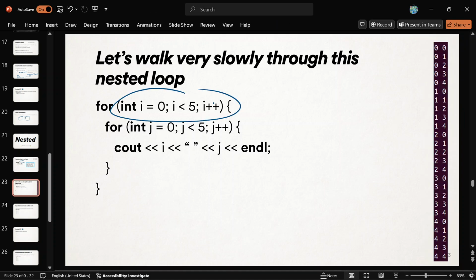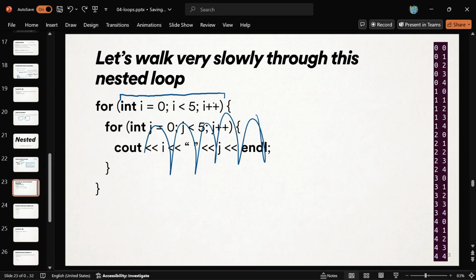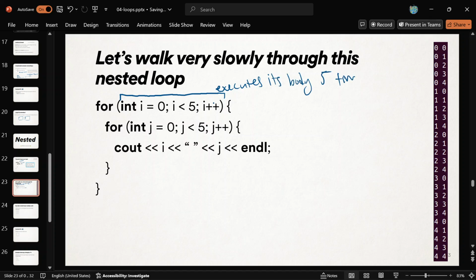So here we go. This is a for loop, the outer for loop. It is ranging with an i variable. i is going from 0 to 4. Yes? And so how many times is it going to run its body? If we didn't know what the body was, how many times is this outer loop going to run its body? Can somebody tell me? It's going to go 5 times, from 0 to 4. Does that make sense? So we don't even need to look inside. We know that this loop is going to execute its body 5 times.